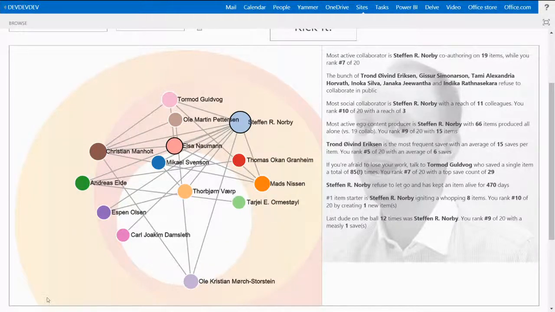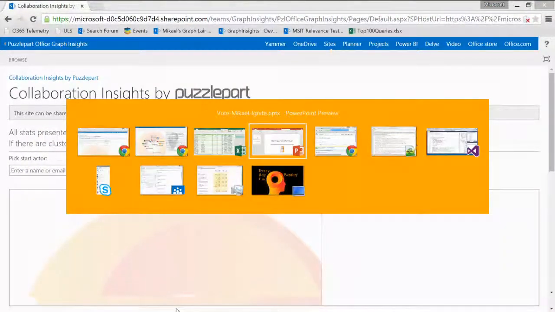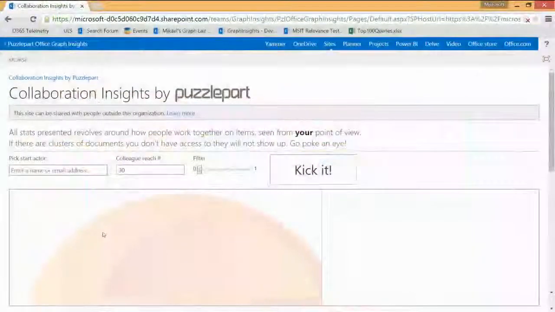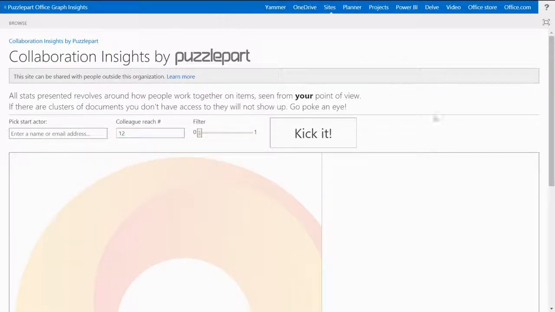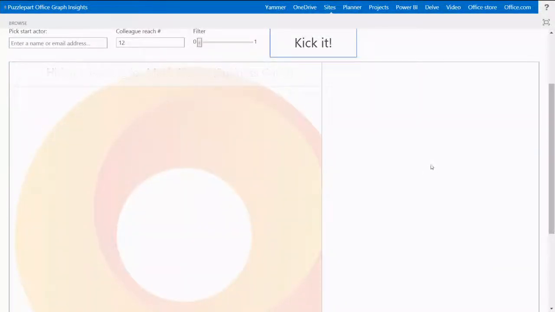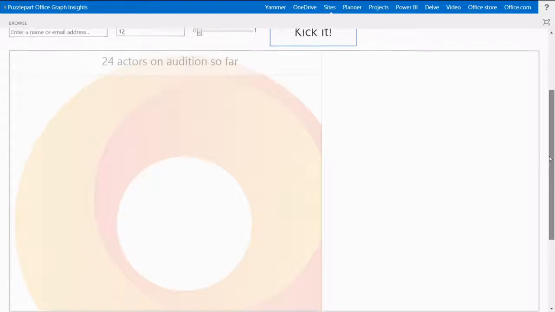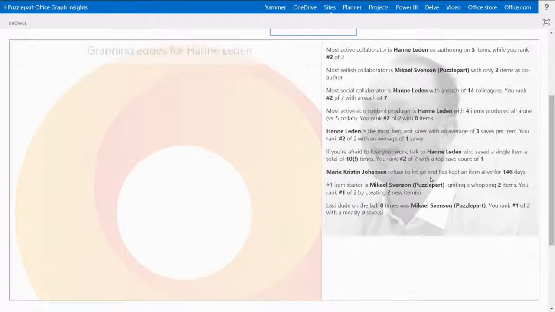So I want to run the same thing, just do it on the Microsoft tenant, because I have a Microsoft account as well. Hey, you just ran out of time. No, I didn't. So I'll do a lower number, because if not, there's going to be a lot of bubbles and circles. I'm probably going to kill my browser. So let's start it. See what happens. I'm still waiting for the Beastie Boys to play when you kick that button. All right. 5, 4, 3, 2, 1, go. Boom. Right.